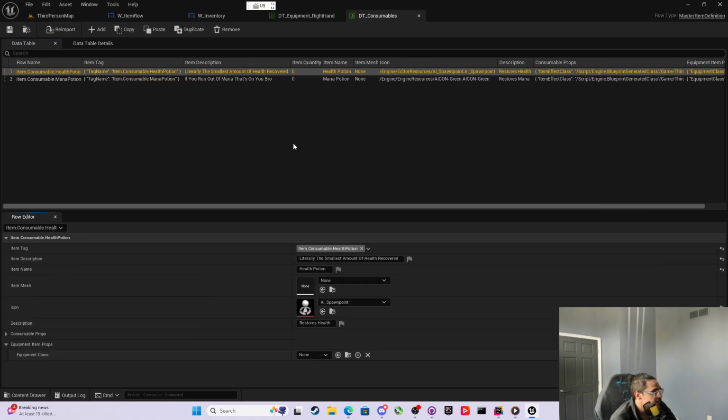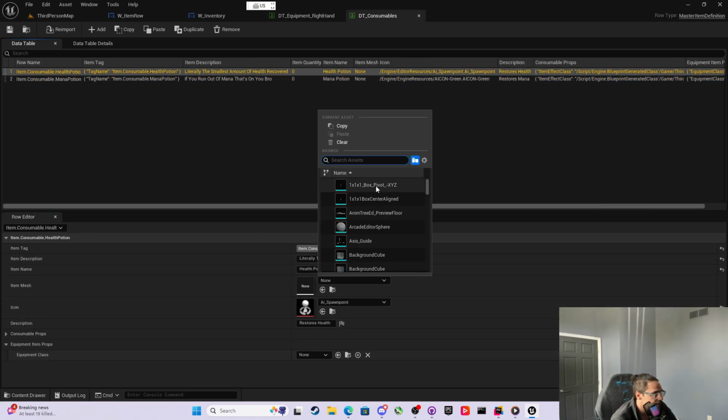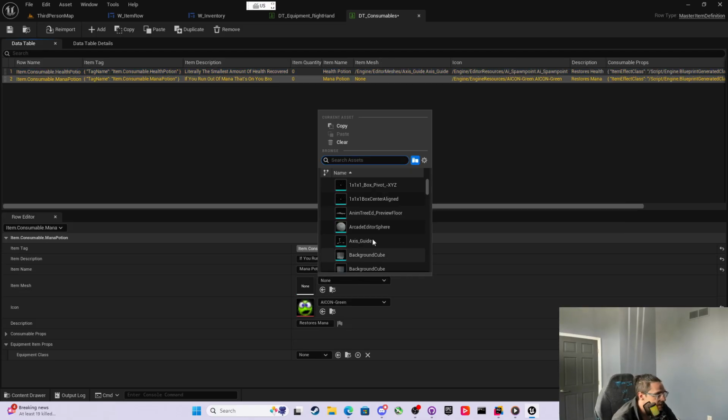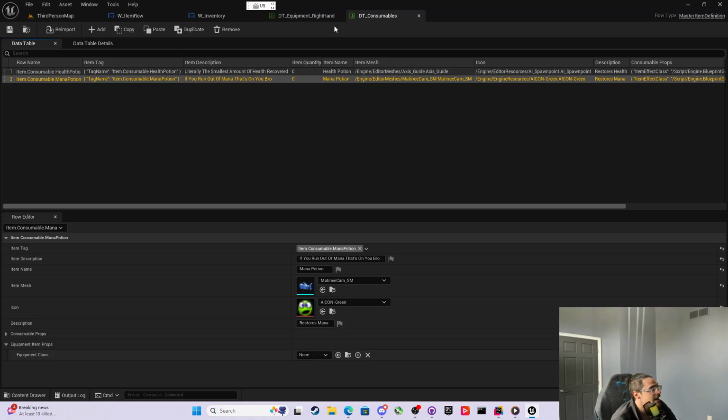And then we actually had the consumables. We're using some of these icons already. We could do this access guide here for this one. And then what could we do here? We could do stat and camera. We'll do a camera spawn for that one. And then if we do this,